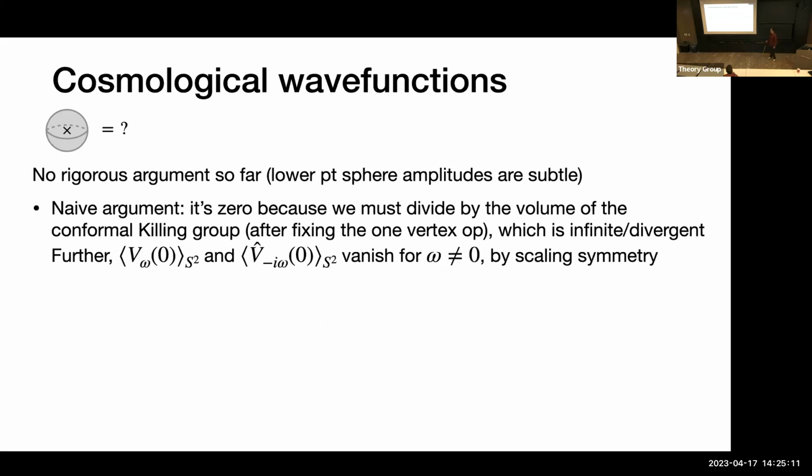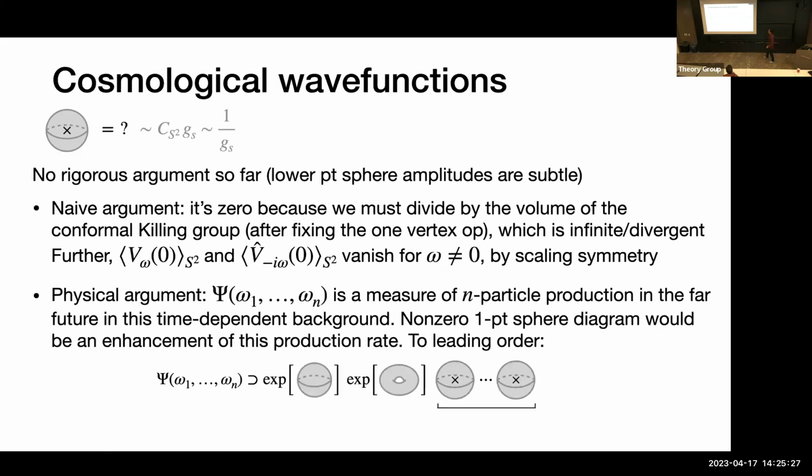Okay, so let me not claim what it is. Just leave it at a question mark. I do have one suspicion, maybe a physical argument for this. In this particular case, it might be non-zero. It's not a proof or anything, it's just a suspicion. But the suspicion is the following: for a given cosmological wave function, the leading order contribution would be the disconnected product of one-point functions. All right, and if we just discuss this, it goes like g_s to the n, where there's n of these